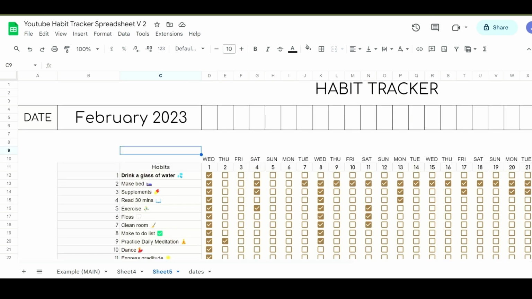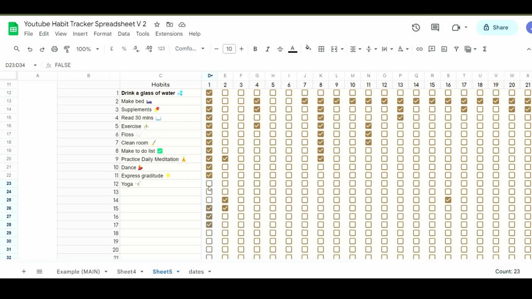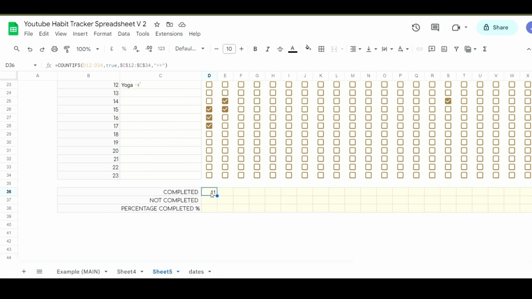So what this shows, this formula here, COUNTIF. Whatever's in D12 to D34, so that's this column here, all the way up to here, the tick box either is true or false. So if it's ticked like that, it's true. If it's unticked, it's false, as you can tell. So what this is saying is whatever's in this column from D12 to D34, if it's true,